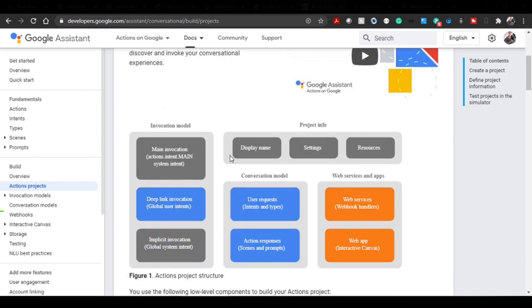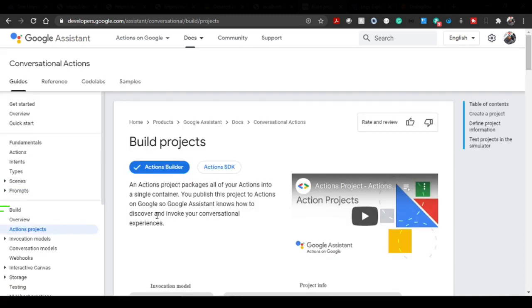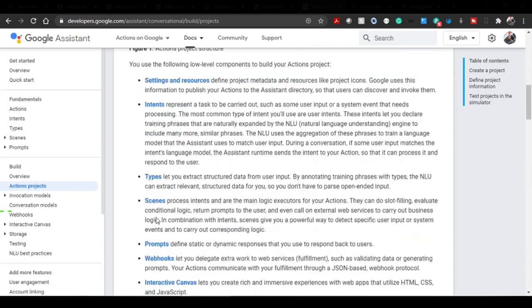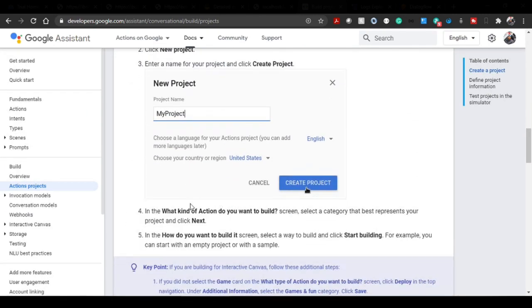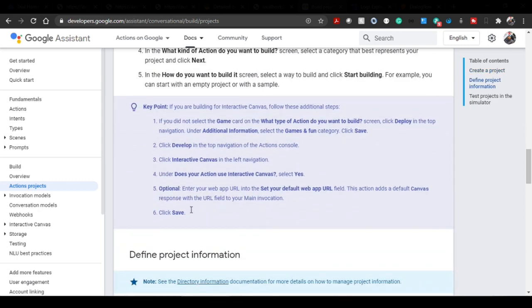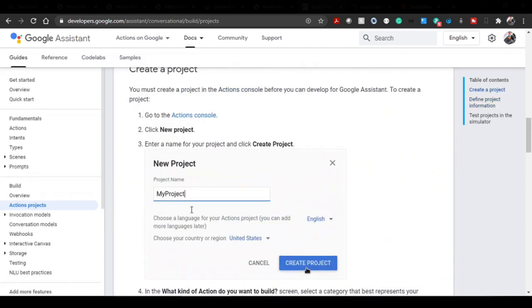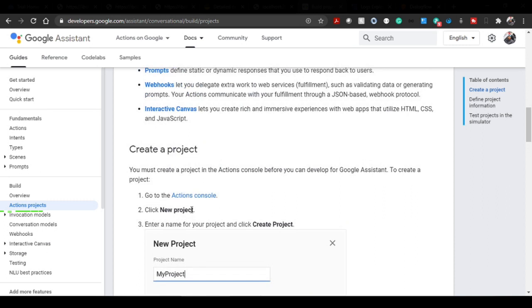Yeah, so you can get in the left side pane as an action project. If you click on that, it talks about the build project, and here you can see create project, with certain steps mentioned. I'm not going to create it again from scratch, but I have already created one, and I'll just tell you what things you need to ensure while creating your own. I think that should be fine.